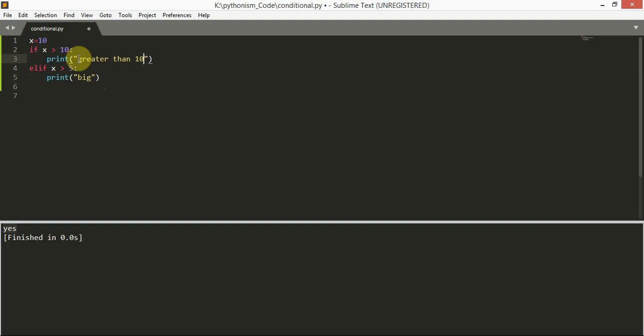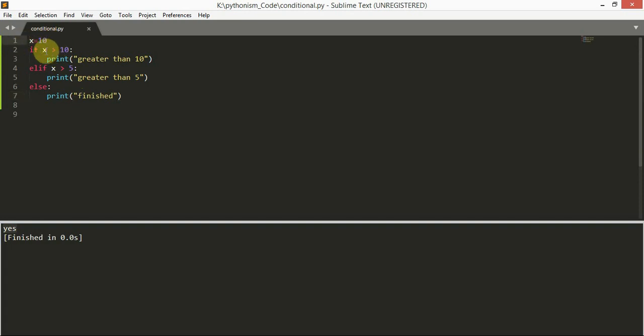Greater than 10. And then greater than 5. Print. Finished. Okay, save it.